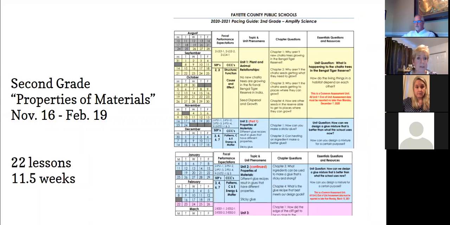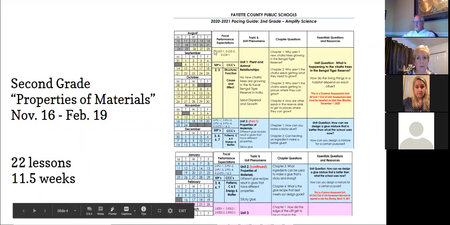And the same thing with properties of materials. You've also got 22 lessons and 11 and a half weeks to be able to get through those. So just seeing that you've got that amount of time and it's not too rushed, I think this may be a nice opportunity to be able to,